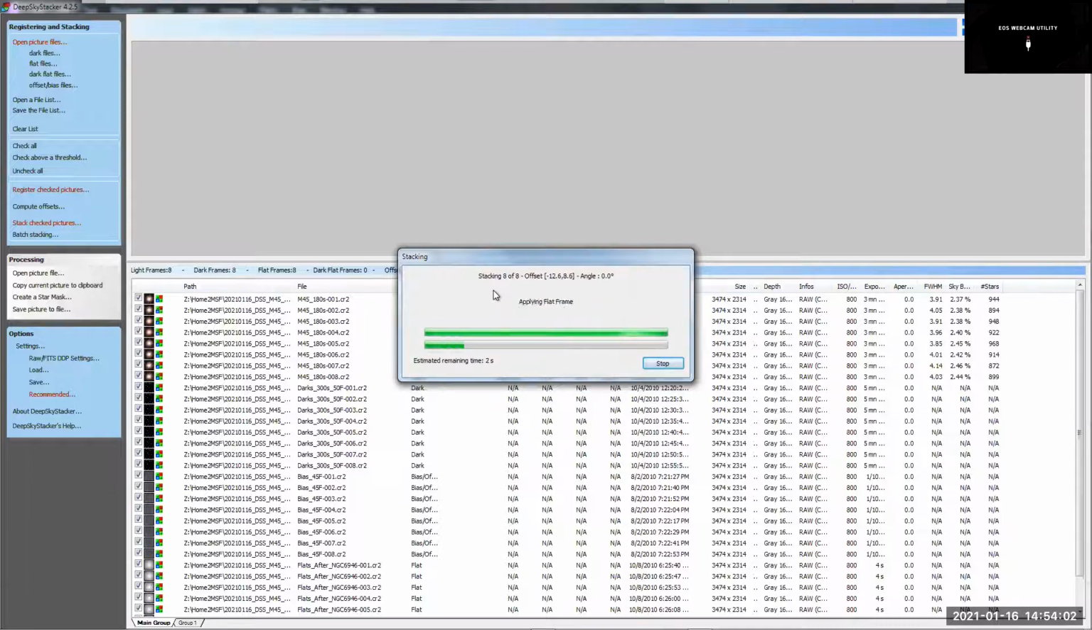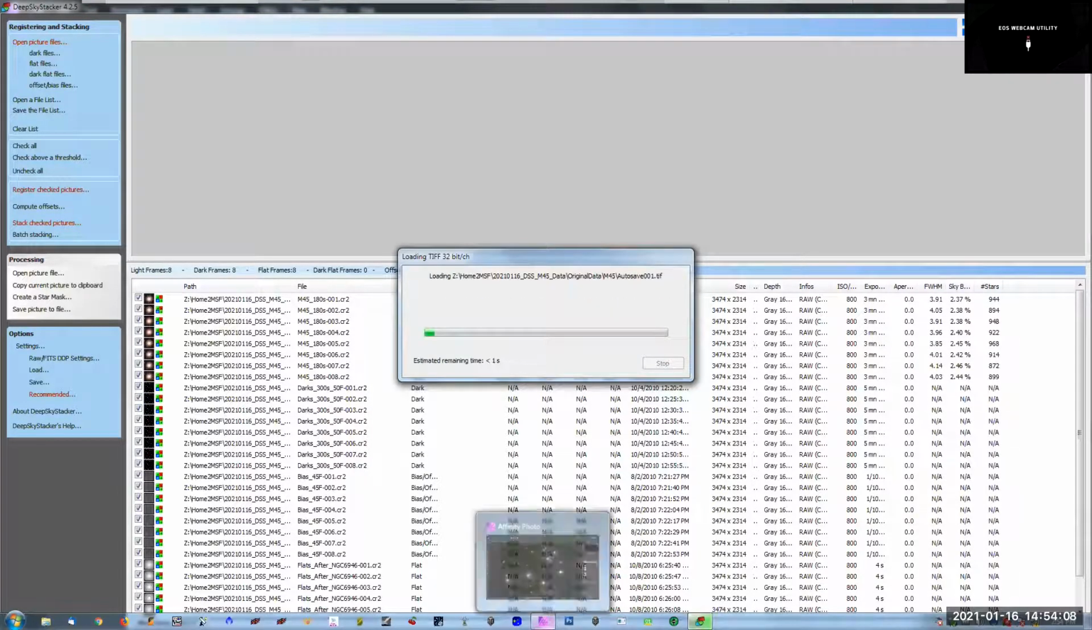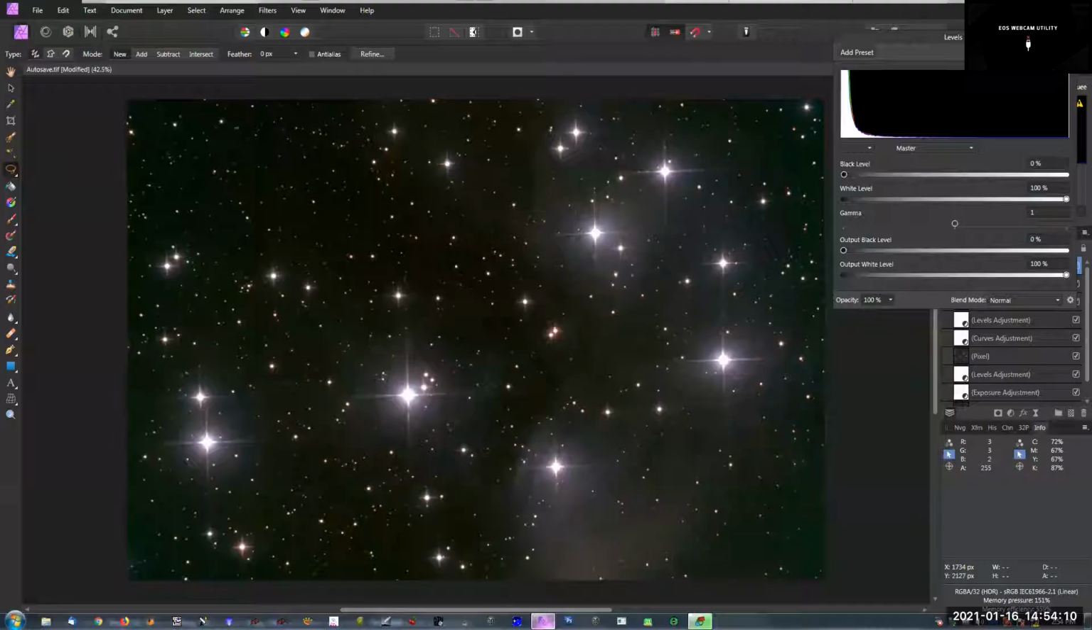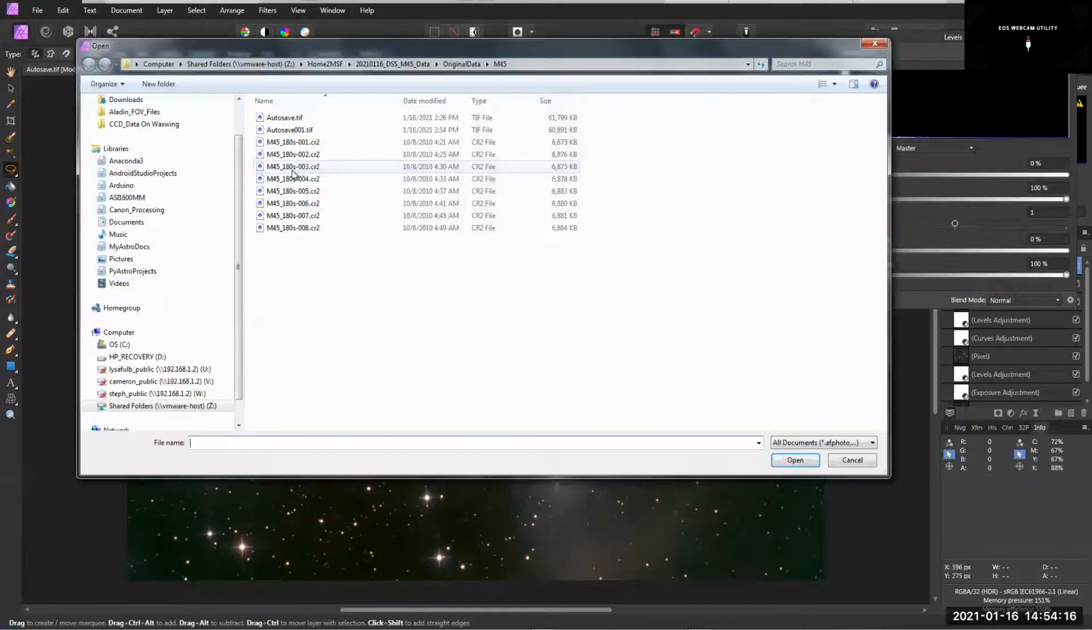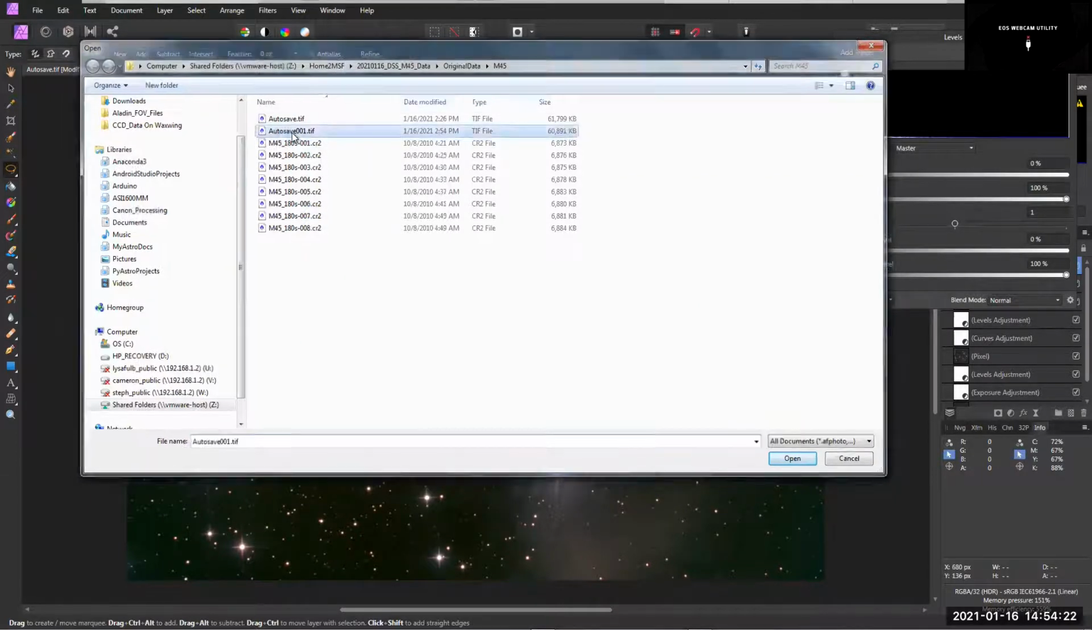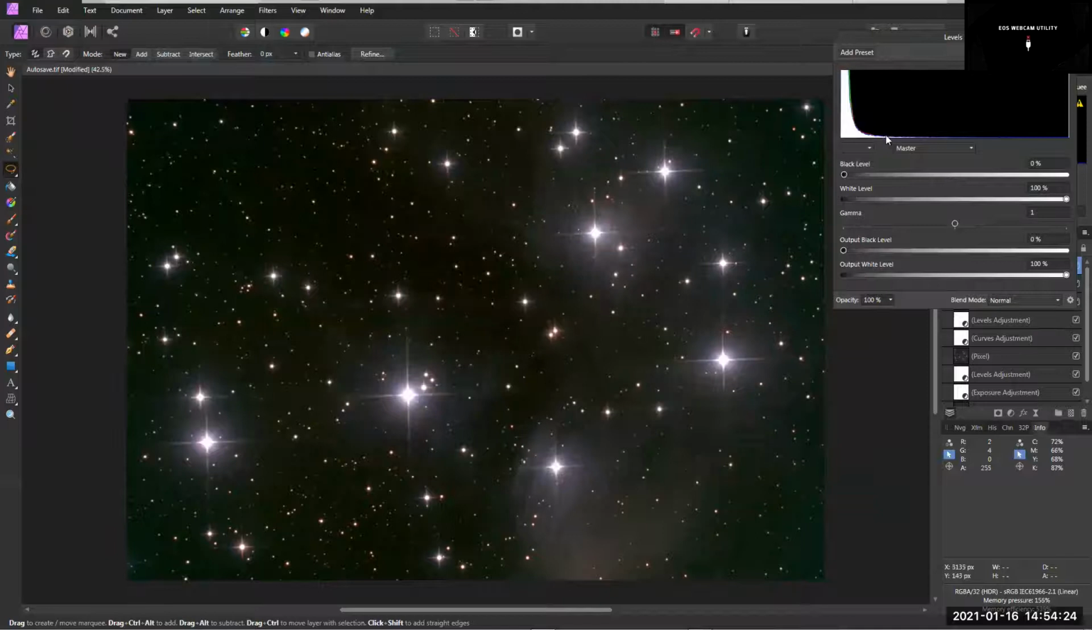So as I said before, it's going to write a new file out. This one's called autosave.tiff. This next one is going to be called autosave001.tiff. So that means it did not overwrite the previous one, because you have your handy little checkbox. Yep. So if I load this guy,